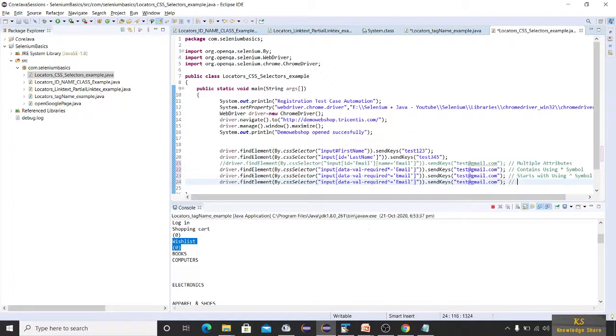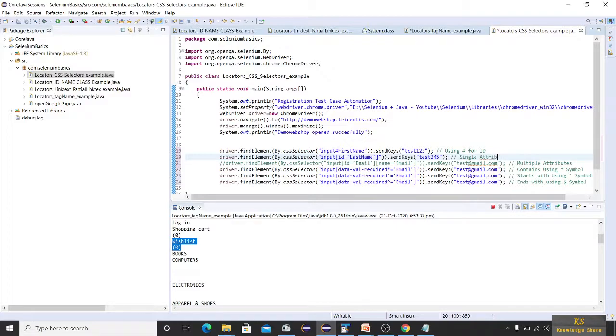Okay, this is an example of ends with using the dollar symbol, right? Dollar symbol. So this one will be using hash for id.